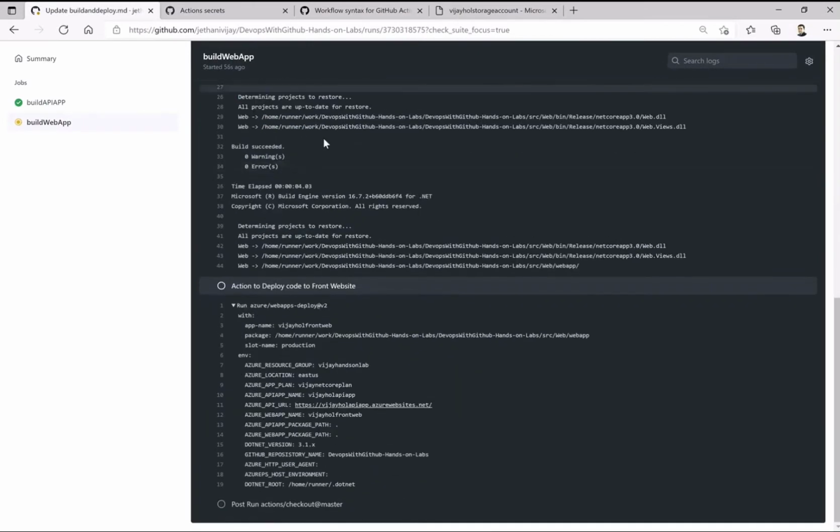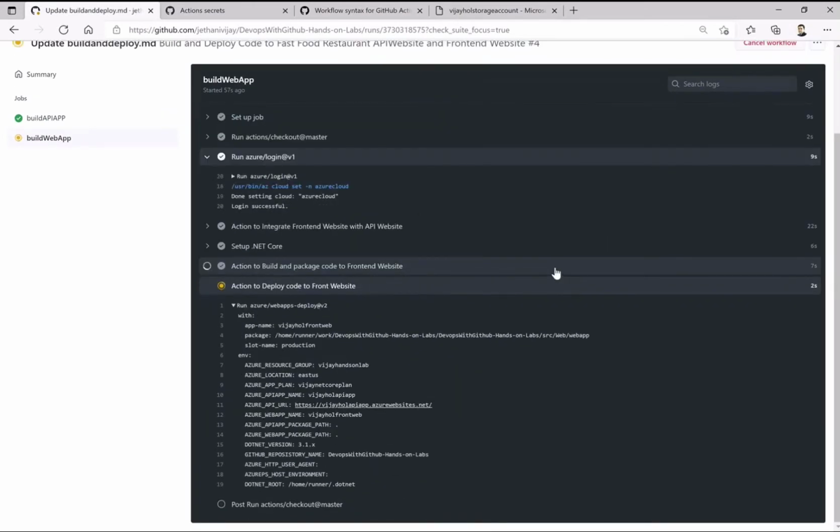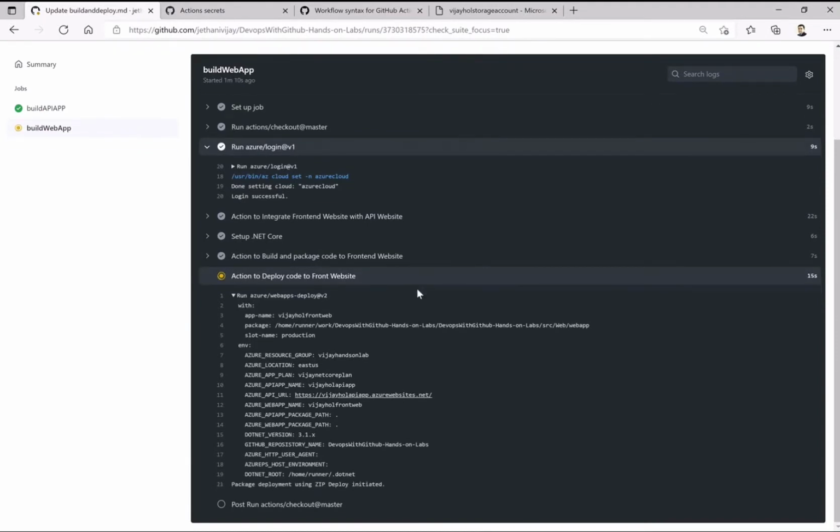Again, the same thing: it is building the package and it will put it in a folder called web app. Previously it was API app, now it is going to the folder called web app. I'm fetching that particular zip from there and then deploying it on the web app using that GitHub web deploy action.